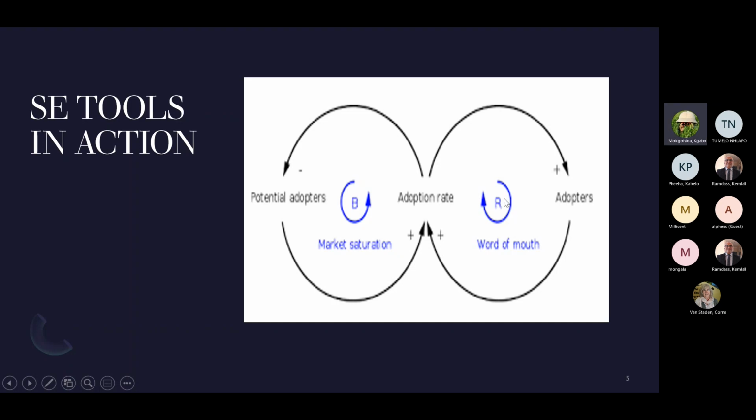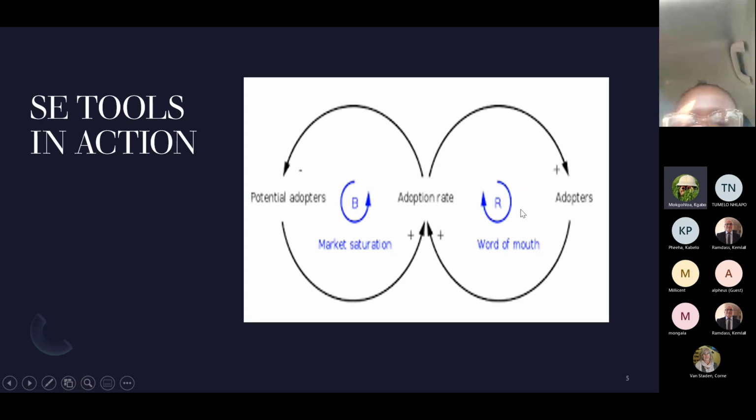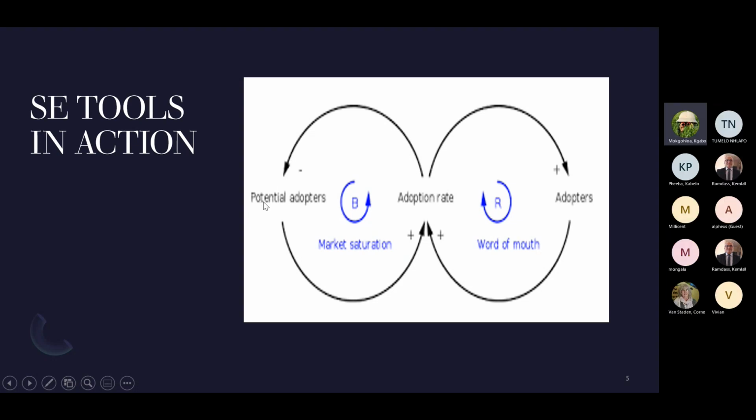But then what happens is that, let's start on the right. So as there is word of mouth, be it also advertisement on TV or radio, wherever, or on social media, the number of adopters goes up. As word of mouth or advertising increases, the number of adopters will literally go up, but that will reduce the potential adopters, because let's say you have a population of 1 million, and as you have people adopting this particular technology, it will reduce that number from 1 million to, if maybe you have 100,000 people who have adopted the technology,